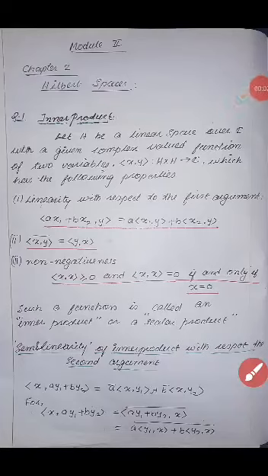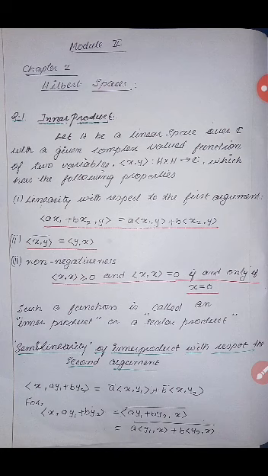Hello dear students, let us discuss inner product and inner product spaces. This is our second module, chapter 2, Hilbert spaces. Let H be a linear space over C, where C is the set of all complex values, with a complex valued function of two variables, inner product of x comma y, where x and y belong to H. Then the inner product of x comma y is a function from H cross H to C,